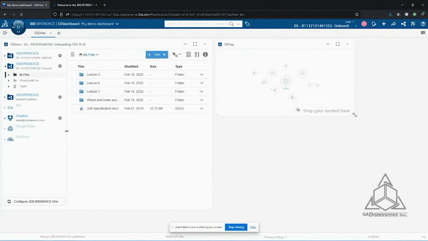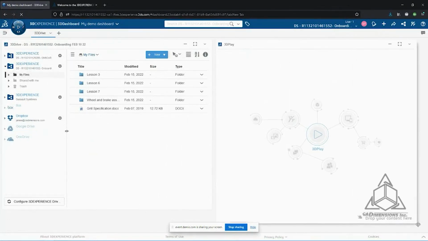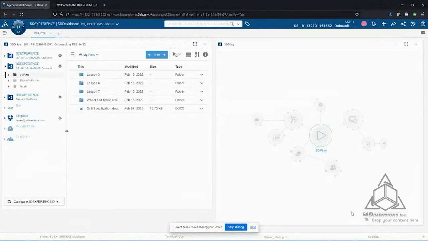And the same kind of thing, I'm going to make this a little bit bigger to make it a little bit more useful, a little bit more visible. And now that I have this 3D Play application on my dashboard, I can use that to view the contents